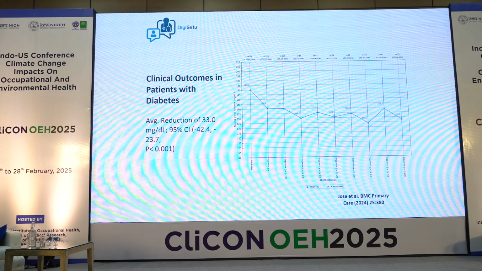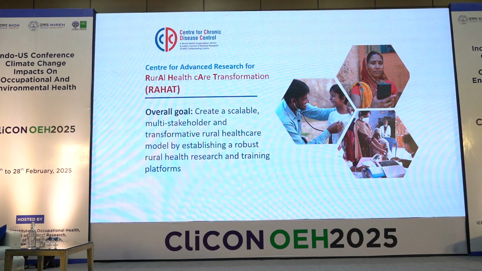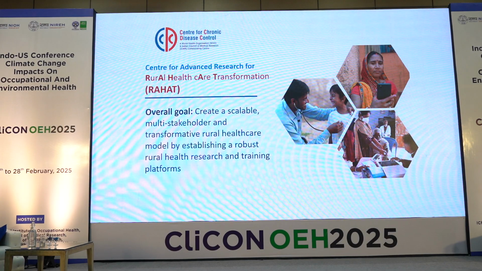And this is just an example to show how even at 18 months, the risk factors are so well controlled. This is for blood sugar, where there's a 33 milligram per deciliter reduction in blood sugar, which persists even at 18 months. And this is for hypertension, where there's a 10 by 5 millimeter reduction in blood pressure, which persists till 18 months. So with ICMR support, we are looking at a scalable multi-stakeholder and transformative rural healthcare model